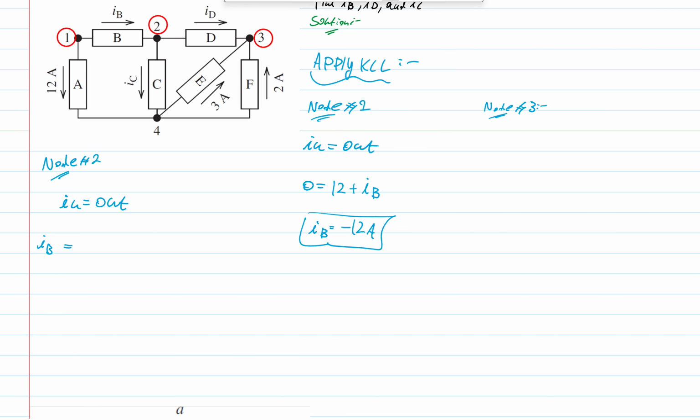So for this one, node number 2, we're going to say that,